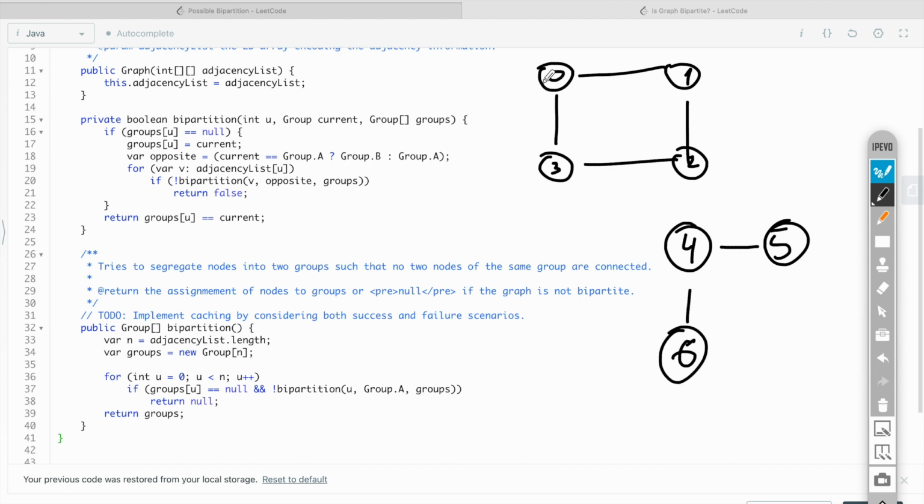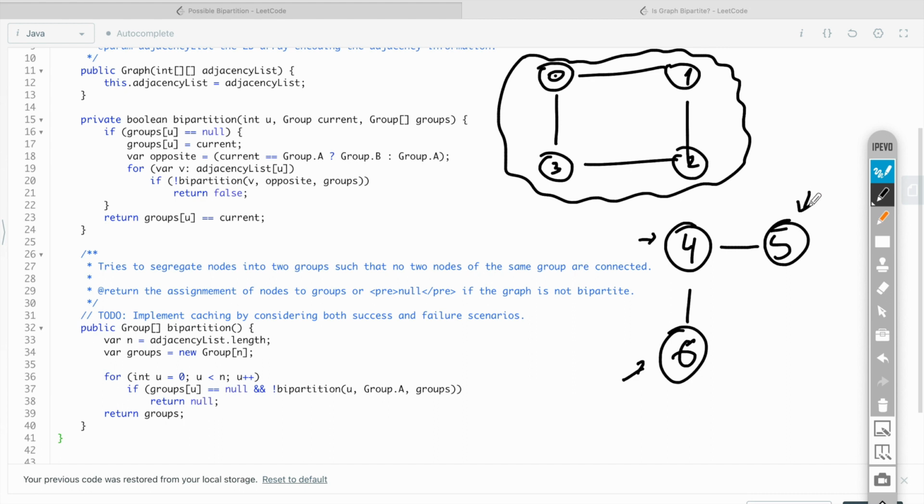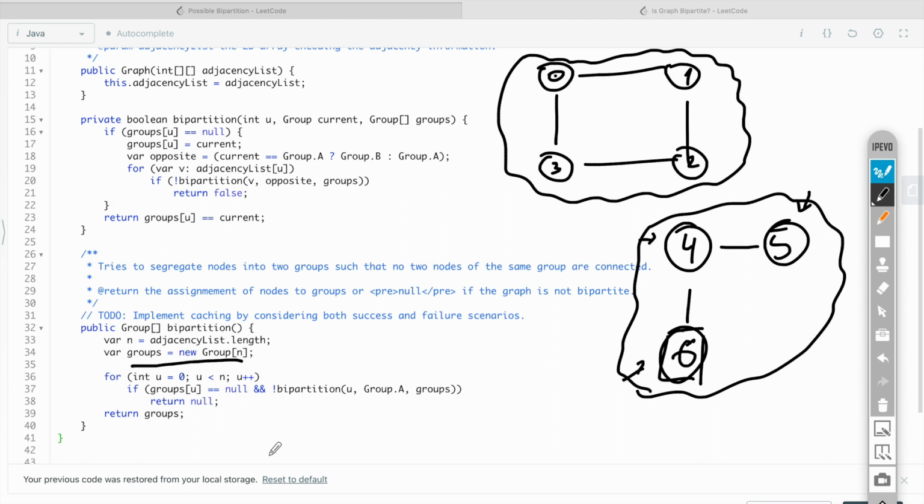When we first finish processing this subgraph here, only nodes 0, 1, 2, and 3 are going to be assigned to proper groups. And in order to process also this subgraph, we need to find the entry point, either 6, 4, or 5. Once we start processing this subgraph from any of these entry points, all of them are going to be assigned to proper groups. So that's the reason why we need to go over every single node here.